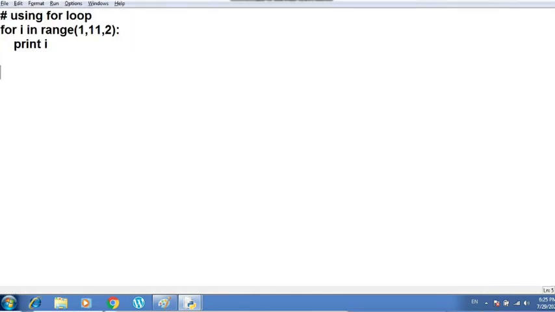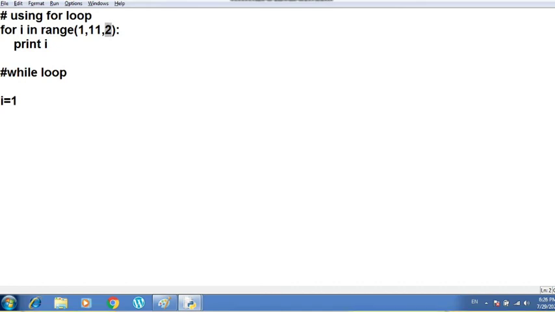Now let us write the same program using a while loop. I am writing here in the same window, while loop. First of all, I have to initialize the expression, so I have written i = 1. See, in a for loop the initialization, the test condition and the update expression are within one line of statement. However, in a while loop you have to write them in different lines.